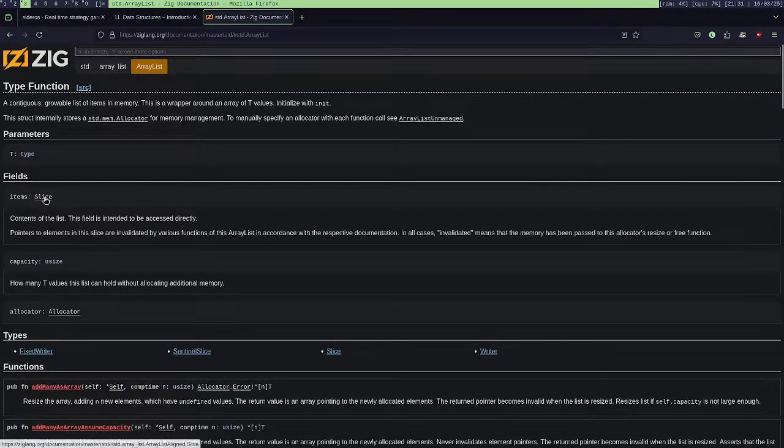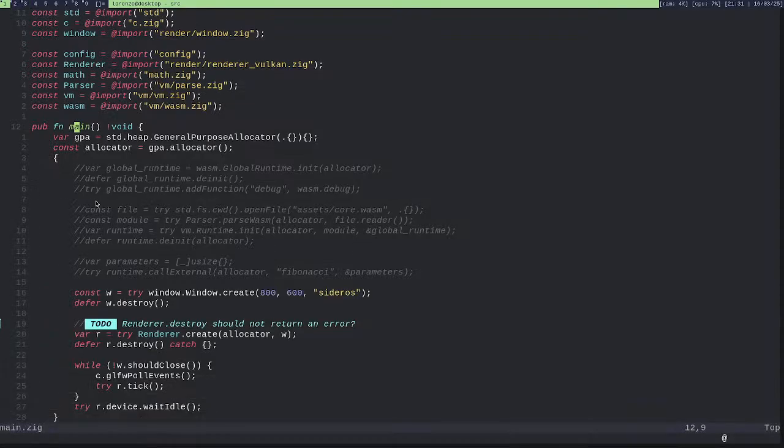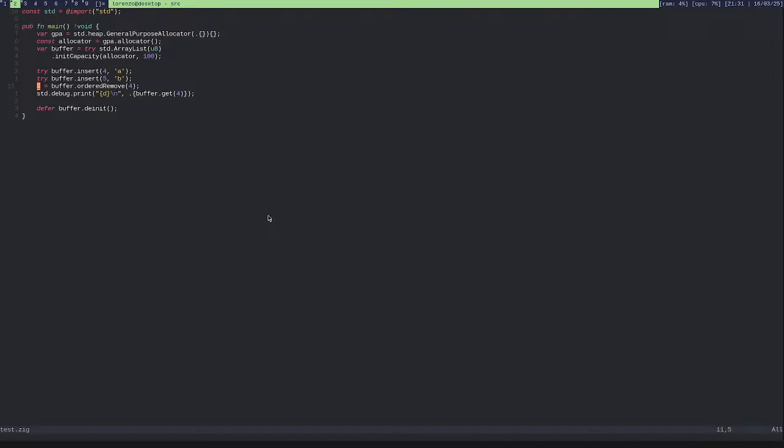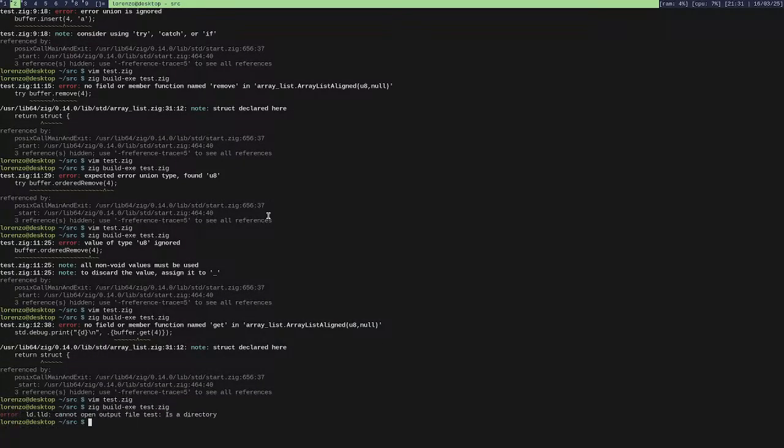So there is, yeah, there is a slice. So I can just get items, I guess. Buffer dot items 4. Can I do something like this?